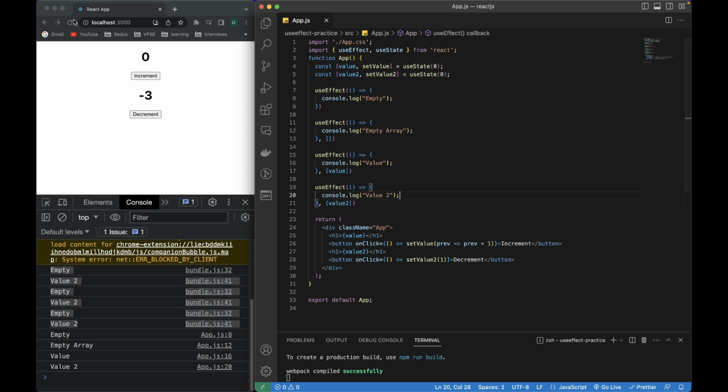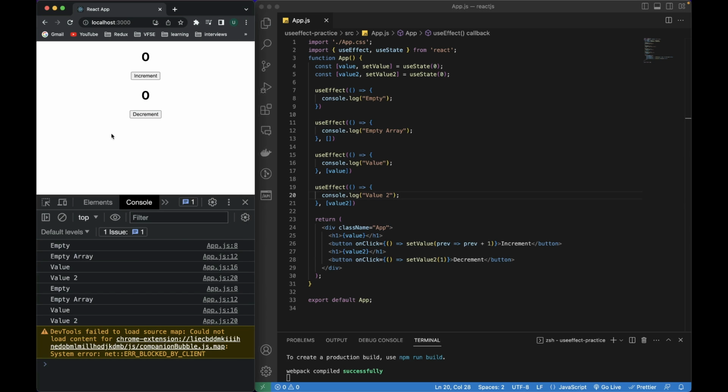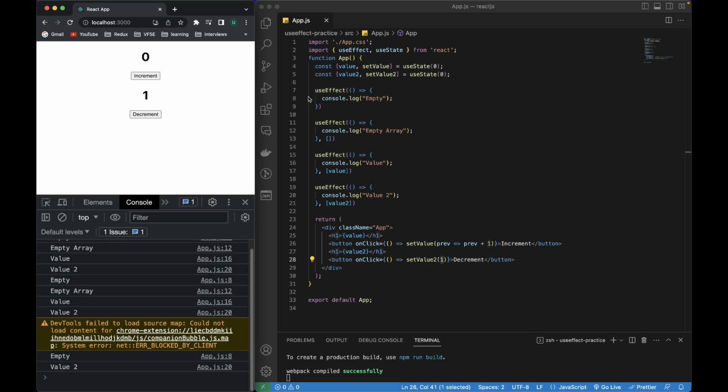I'm going to save this file. Let's refresh. Currently, the value 2 is 0. And when I click on this decrement button, it's going to change its value to 1. And as expected, if I click on the decrement, it will print first empty and then this console value 2, because the value 2 has been changed. It becomes 1, which is different than 0. Okay, and now if I click decrement